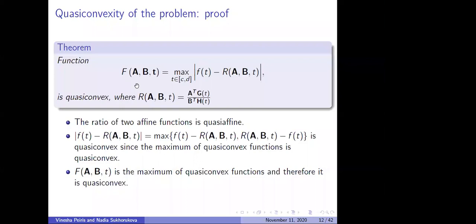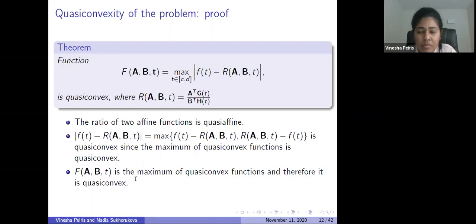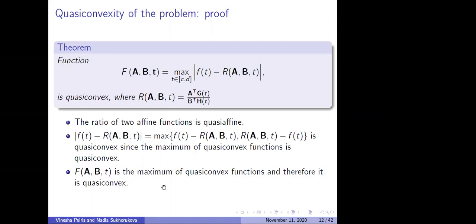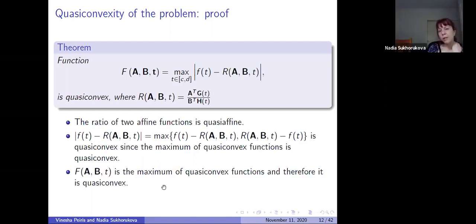Excuse me, just a very naive question. Looking at this theorem and the definition of the function capital F, which is the maximum over t, it shouldn't depend on t anymore, or I probably don't understand something. You're already taking a maximum over t. T disappears. How do you say that it still depends on t? No, t is just a parameter. Yeah, only a and b are decision variables.